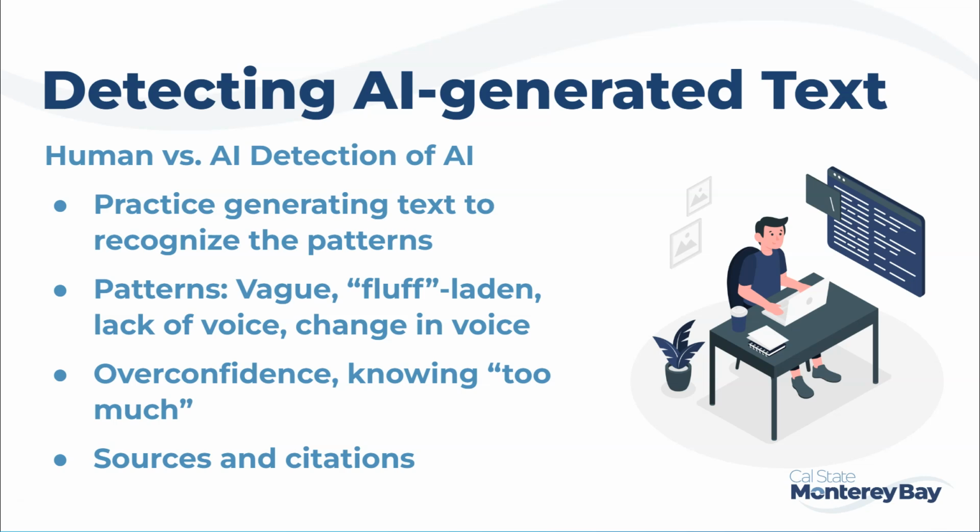The first strategy is to practice using AI to generate text-based content. This may seem a little counterintuitive, but truly this is my favorite strategy because the more you use generative AI, the more you will be confident in recognizing the indicators of its use. In the same way that you get used to the way your learners write, you'll get used to the patterns associated with AI-generated text. For example, you'll find that generative AI text tends to be vague with a lot of fluff, which just refers to meaningless, repetitive text. Words like crucial and vibrant, moreover, and arguably will show up in strange ways.